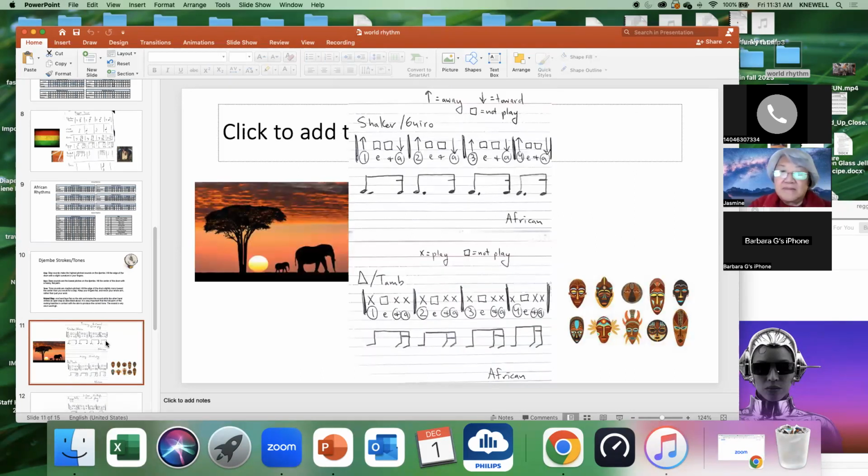So these are the African ones. Let's start with, this is my notation. Their notation can be a little complicated, I like it, but I translated it into what makes sense to me musically. So it's the 1, it's not the E and the and, but it's the ah. So 1,